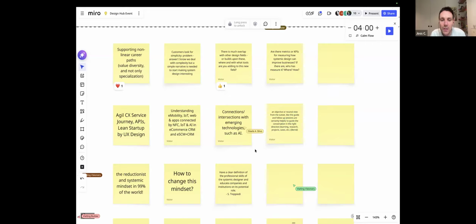Thanks, Ron. Maybe quickly, Tripedi, would you like to have a clear definition of the professional skills? Yeah, I think that at the same time the profession needs to have a more defined role in industry and institutions.